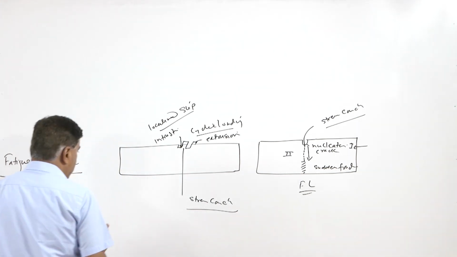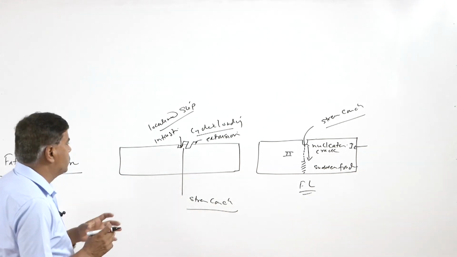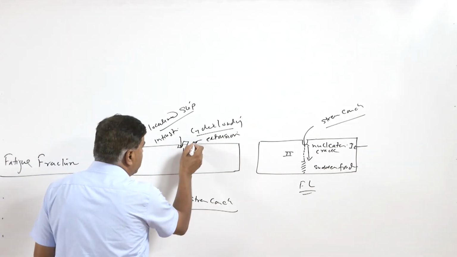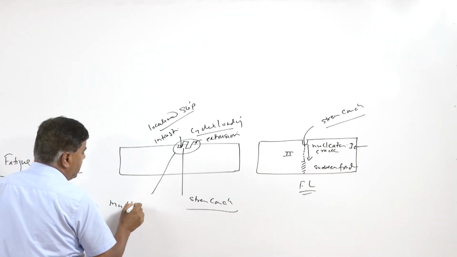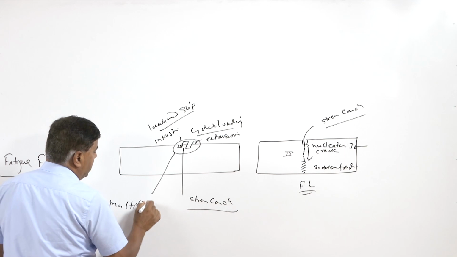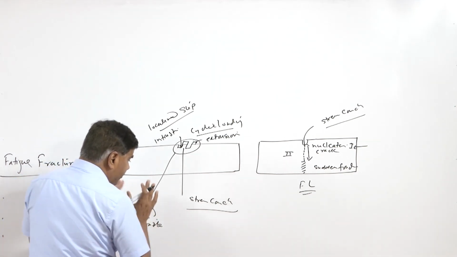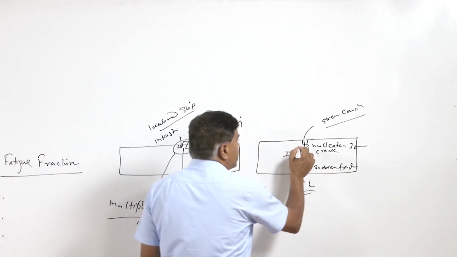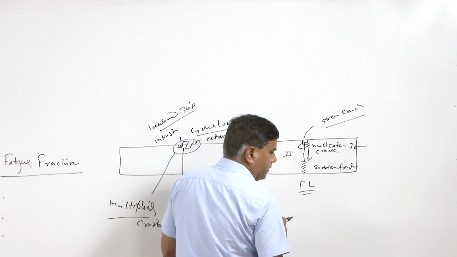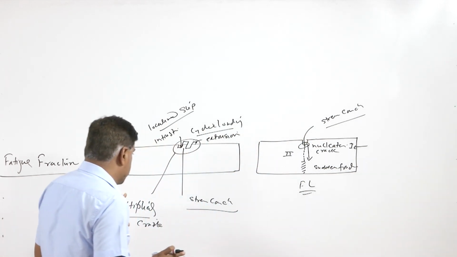So the crack nucleation is one stage, and whenever such things happen, we will find that multiple cracks are present near the fracture initiation site,